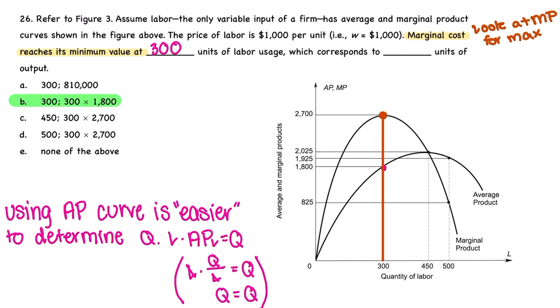But then to figure out the output, it's substantially more work to try to use the marginal product curve than the average product curve. So we're going to go down to the average product curve, and when we do that, we see that at the average, they're using 1,800. So 1,800 times 300 will give us our quantity. But we're choosing the 300 because the 300 is at the max of your marginal product curve,